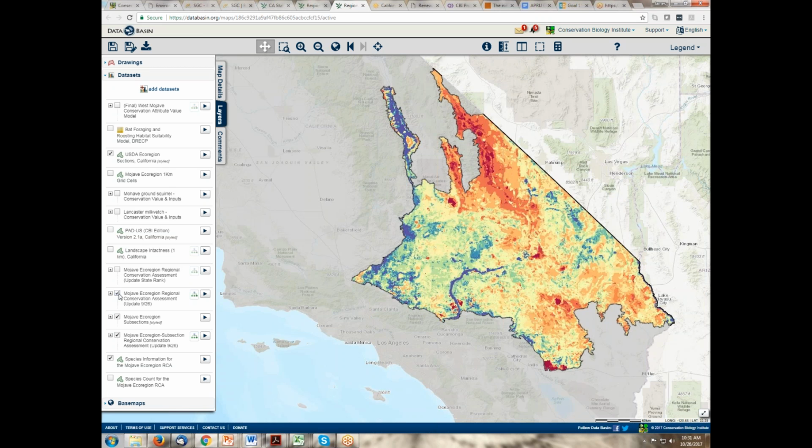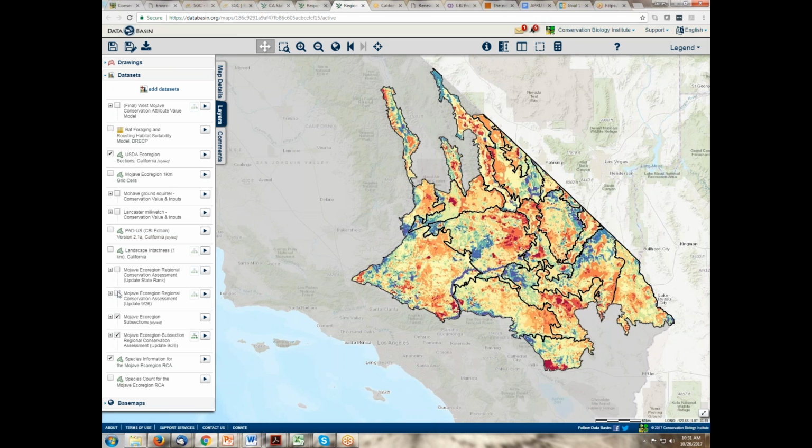So the highest value, and now I want to ask the question, within the Owens Valley, where are the better places? Or within the Death Valley are the better places? And that's what this map is trying to convey. You can see you've improved your resolution at the ecological subsection level. So both of these have value. You can look at it from the lens of the whole place, and then you zoom in and you can look at the differentiation within place. And there's a lot of detail around it.